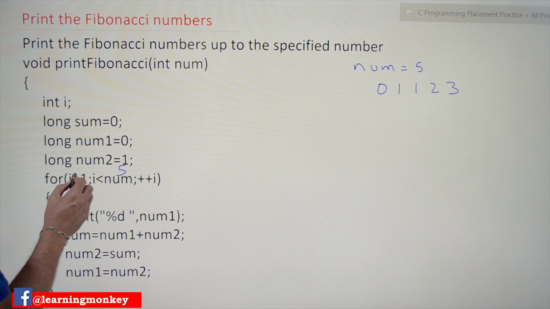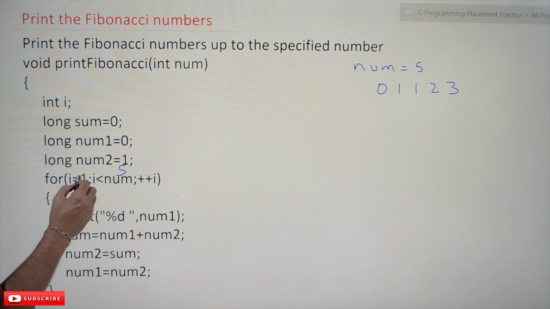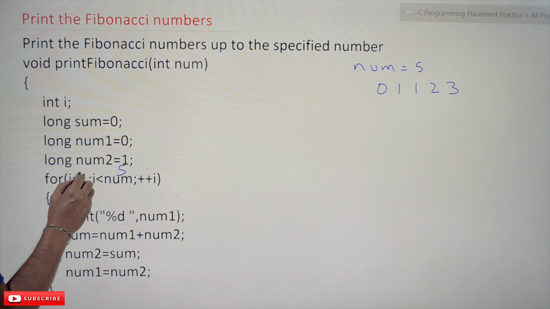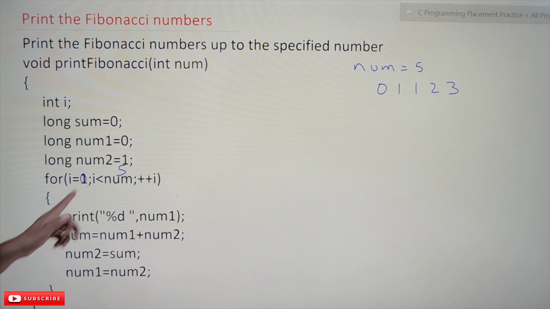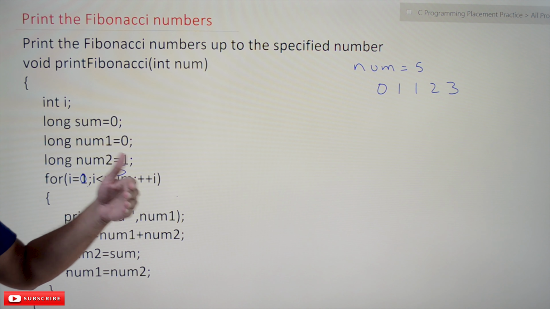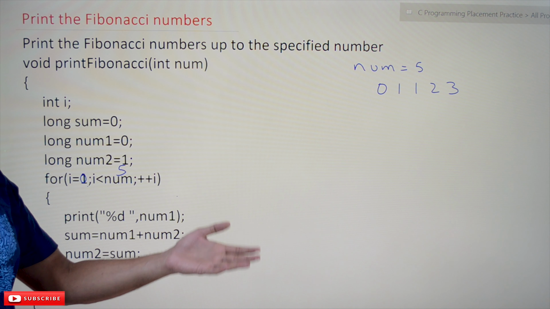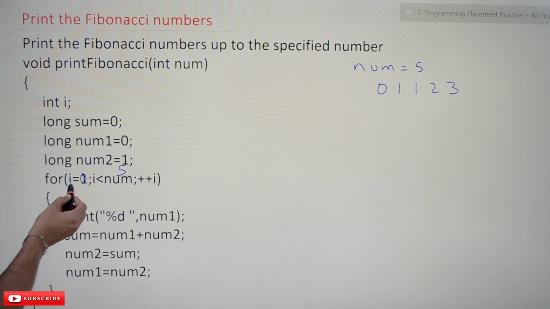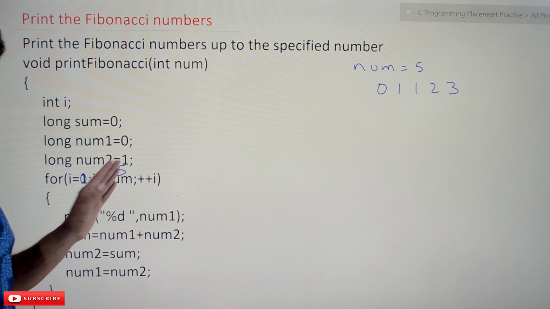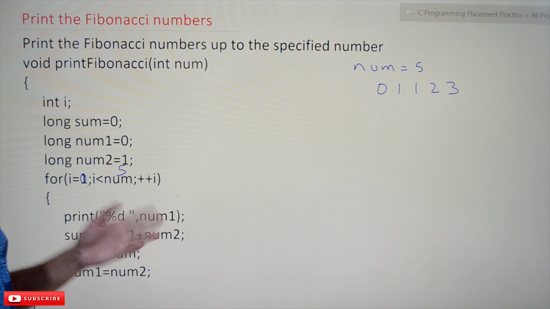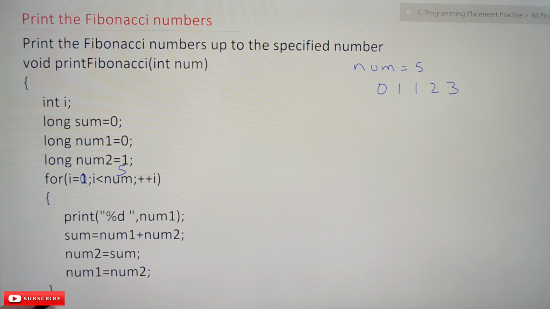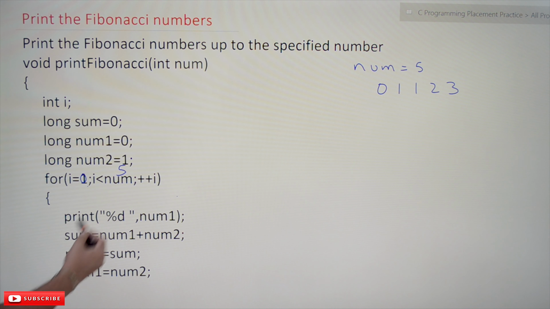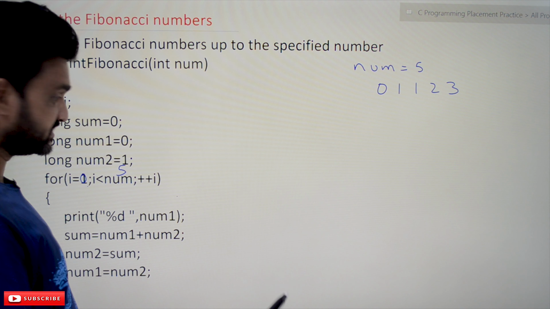So for that to happen, we have to make the necessary changes. There are 2 ways to do it. One is to give the value of i as 0, so starting from 0 we iterate up to less than 5, which means 0, 1, 2, 3, 4. 5 times it will iterate. Otherwise, keep i is equal to 1, and the other option is i less than or equal to num. With that also we will iterate 5 times. Okay, we will go through one after another. We'll check all the values and check whether this logic is correct or not. Are there any mistakes or not?